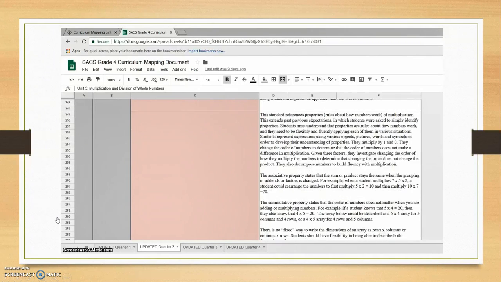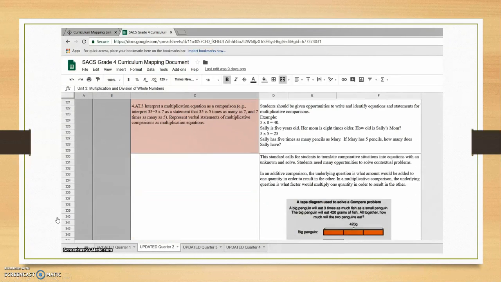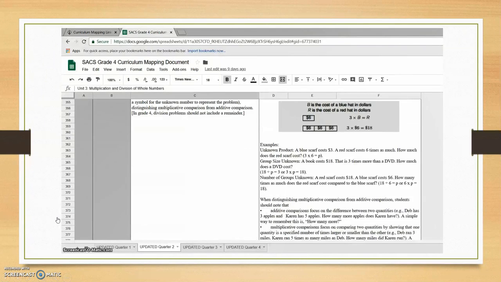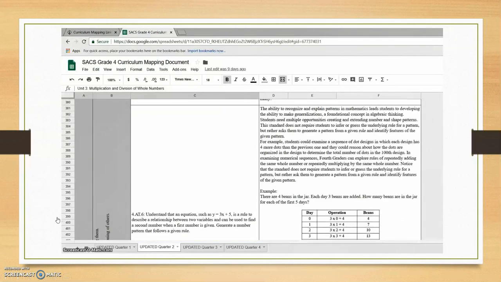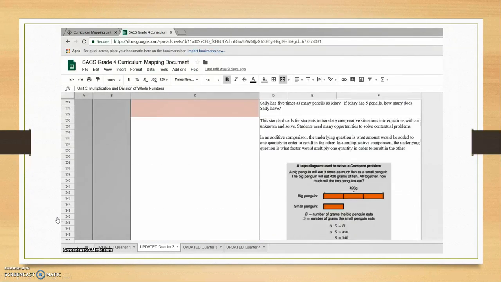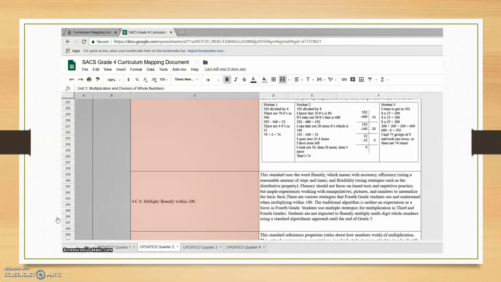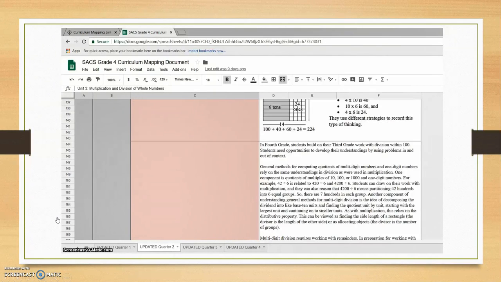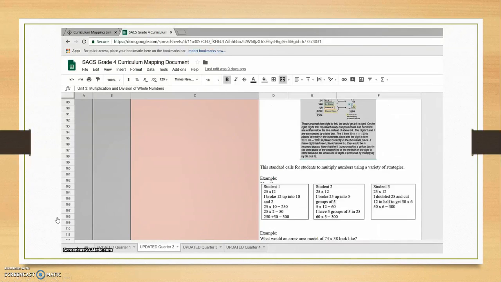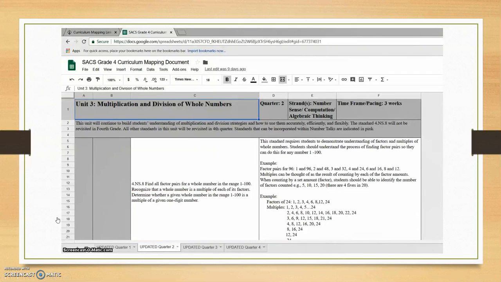Time has to be spent looking through each one of these units at the standards that are included. We would encourage you to collaborate with your grade level team to decide on a mini lesson topic, and not just look at the overall topic or unit title. For this specific unit, the title is multiplication and division of whole numbers. So instead of thinking, okay, multiplication and division, I know what that instruction needs to include, I know what that focus needs to be,